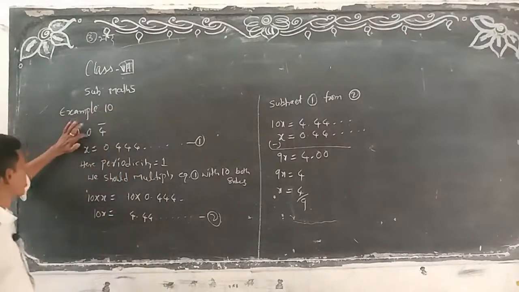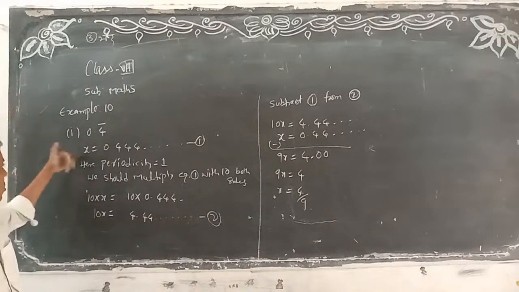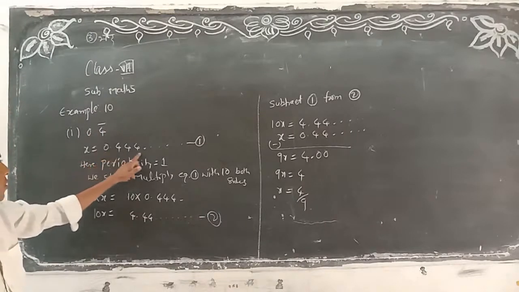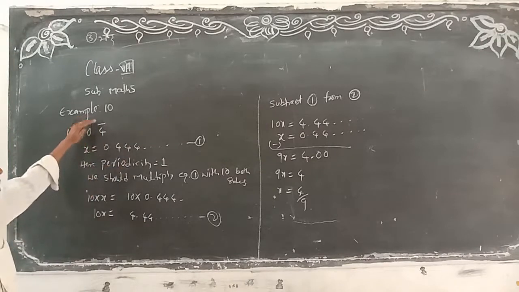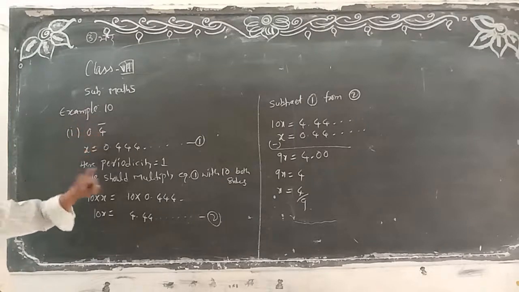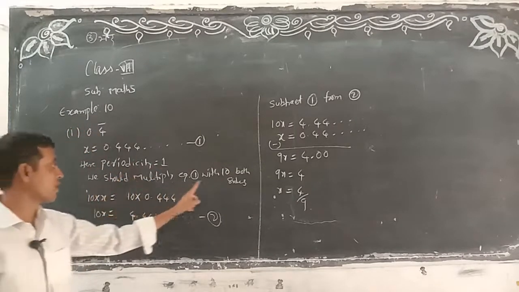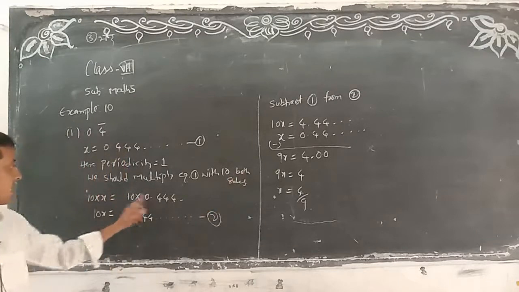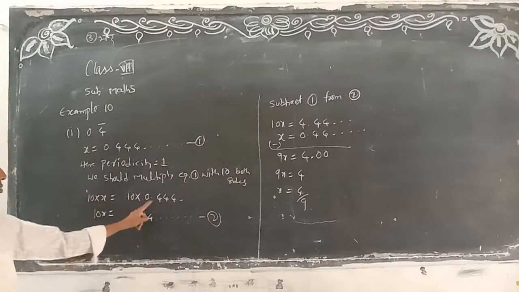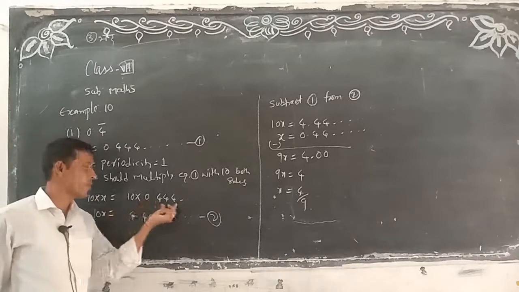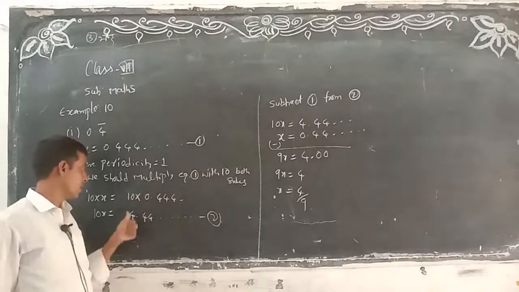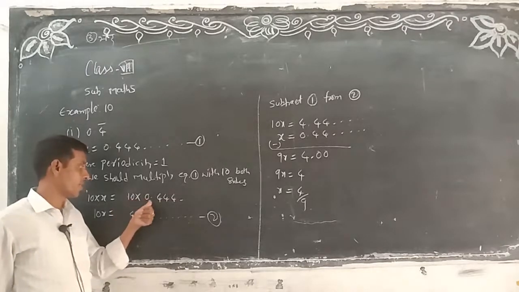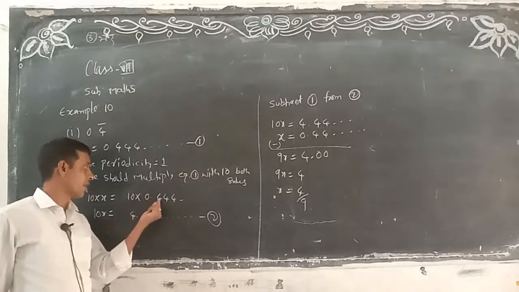Once more I will explain, look here. 0.4 bar is there; write it in p by q form. So I remove the bar and write 4, 4, 4, 4, etc. Periodicity means the numbers under the bar. How many numbers are there here? Only one. If we have one, we should multiply with 10 on both sides. 10 into x is 10x, and 10 into 4. If you do 10 into 4 you would get 40, but not like that. Here only one 0, so remove the point and write the 4 here.